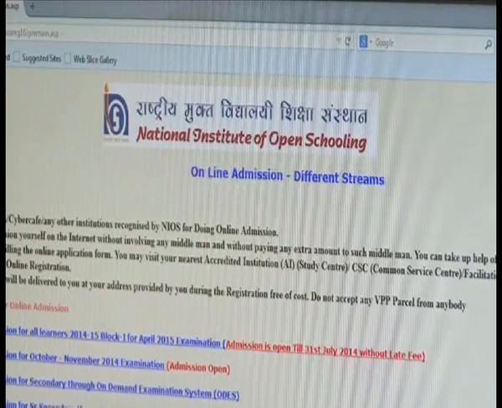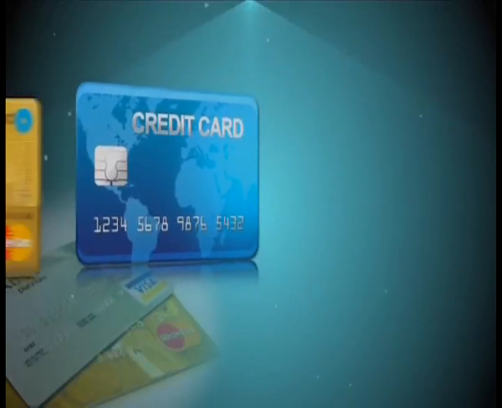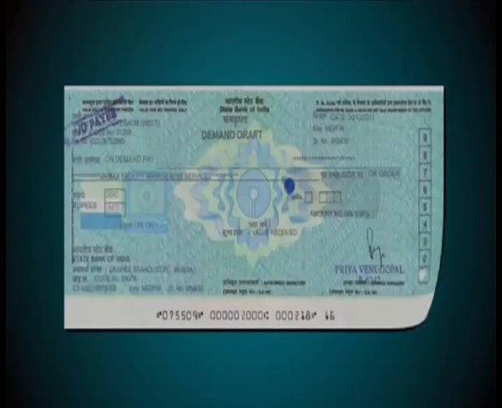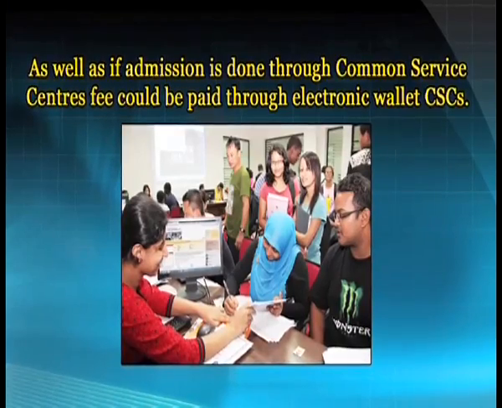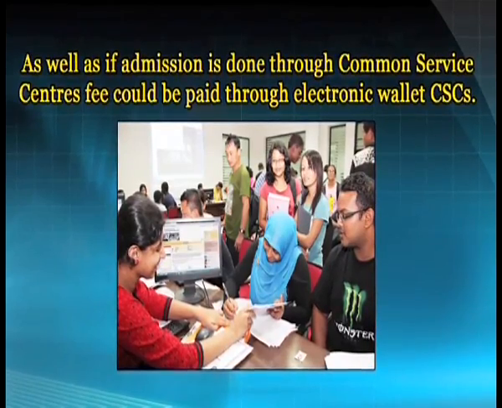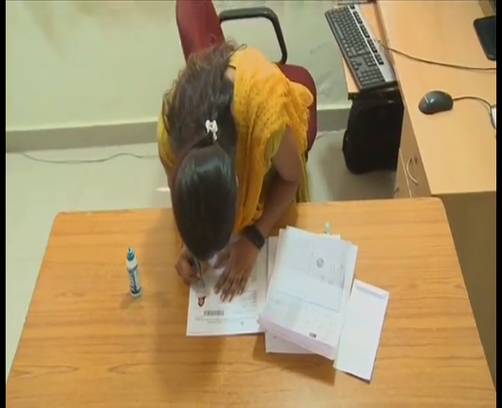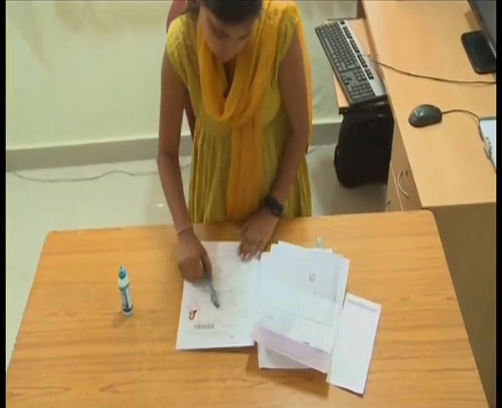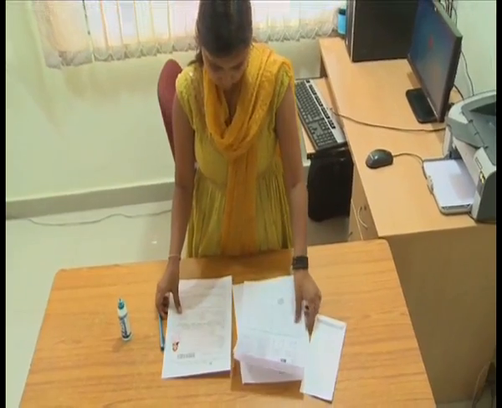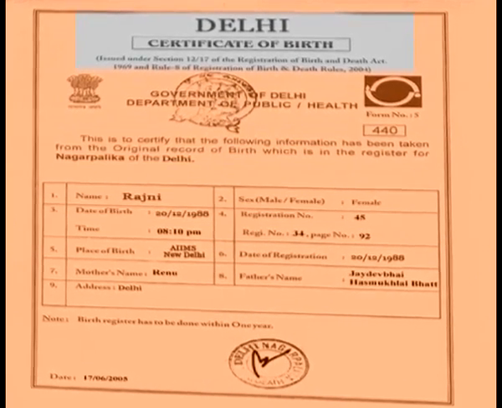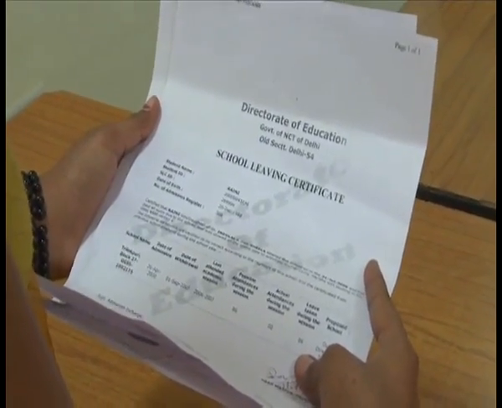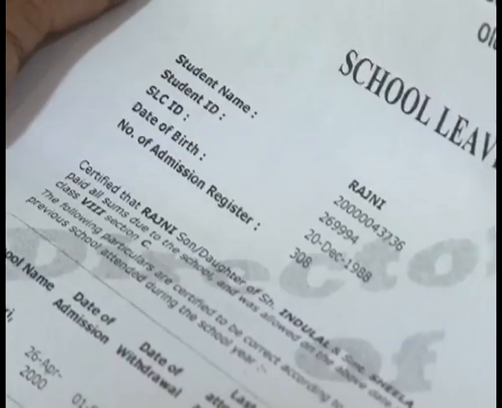ऑनलाइन प्रवेश के लिए शुल्क हेतु भुगतान के तरीके हैं: क्रेडिट कार्ड के द्वारा, डेबिट कार्ड के द्वारा, राष्ट्रीयकृत बैंक के ड्राफ्ट के माध्यम से, जो कि सचिव NIOS नई दिल्ली या नोएडा के पक्ष में देय हो। भरे हुए आवेदन पत्र के साथ साथ डिमांड ड्राफ्ट और संलग्न किए जाने वाले दस्तावेज हैं: जन्म रजिस्ट्रार के जिला कार्यालय से जारी जन्म प्रमाण पत्र की सत्यापित प्रति, जिसमें जन्म तिथि अंकित हो, पिछले विद्यालय से प्राप्त विद्यालय छोड़ने का प्रमाण पत्र, जिसमें आवेदक की जन्म तिथि लिखी हो।